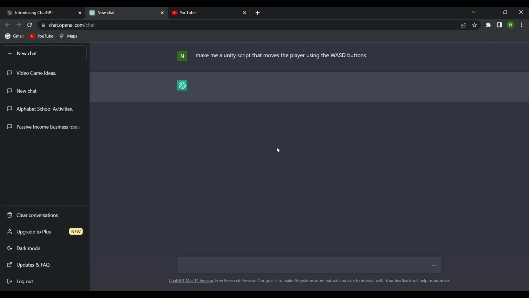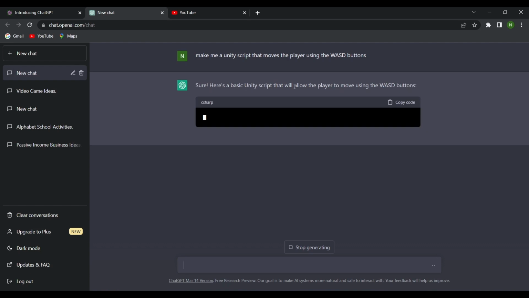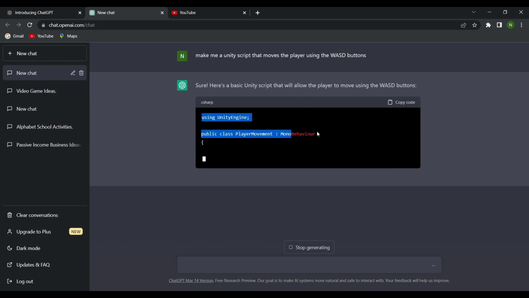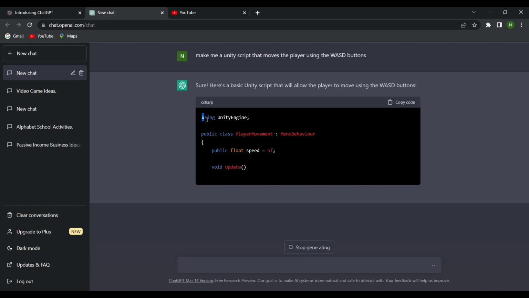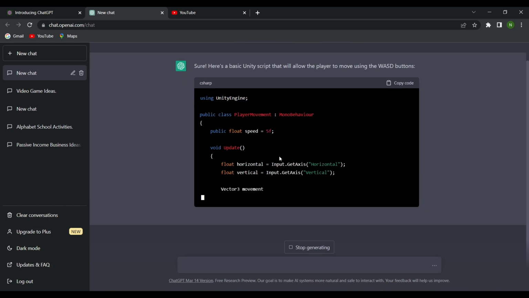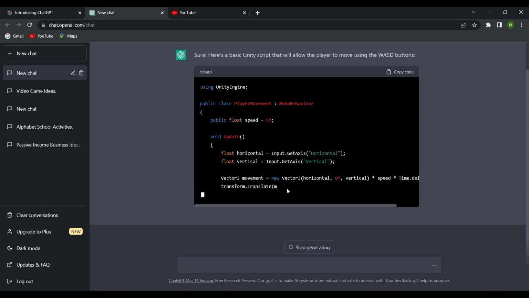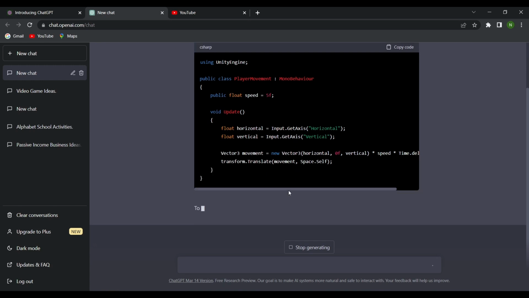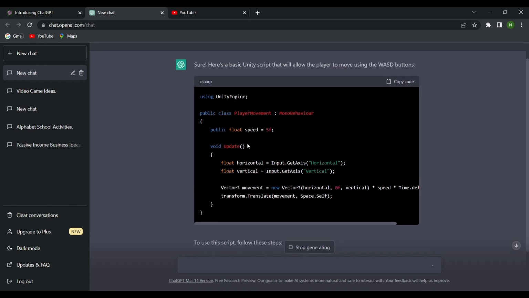And this will actually generate the script for me, which I think is truly amazing. So after, let's say, a few seconds, it will start saying, hey, here is a basic Unity script, and you will see that it will generate this script. In like 10 seconds, you'll have a script that works, ready for you to use. So obviously this is not perfect, and I'll be showing you a better way to actually use this. So if I were to copy this